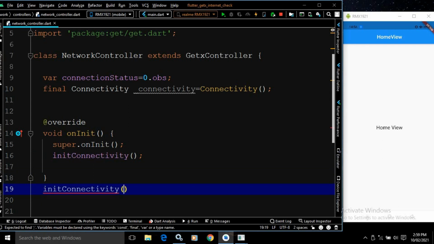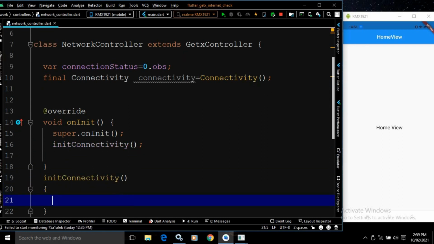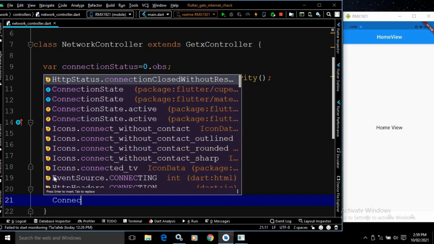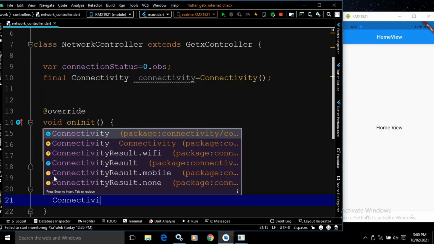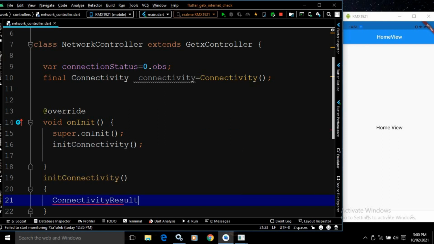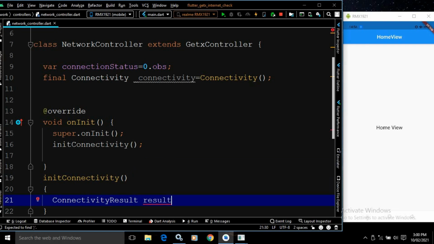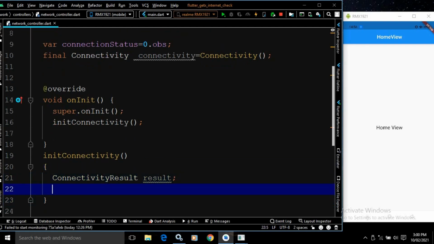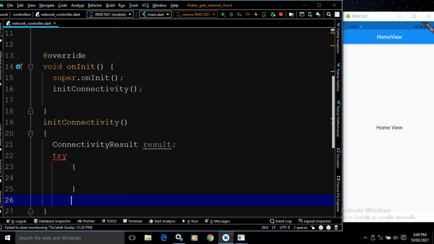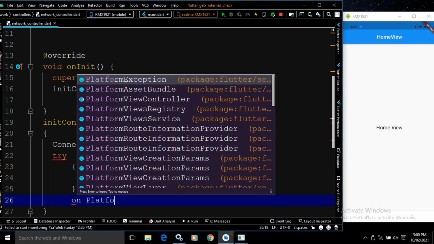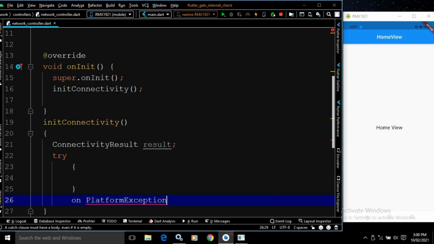Inside this initConnectivity method, I will create the object of ConnectivityResult, and let me give the name as result. After that, here I will use try, and here I will use on PlatformException catch e.